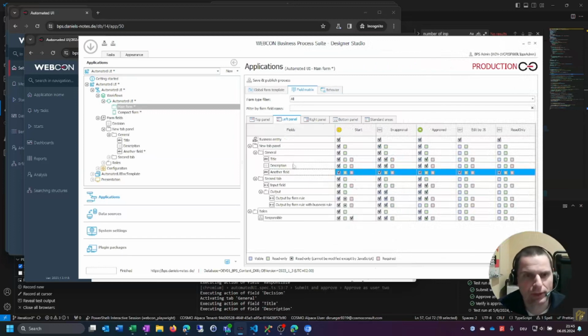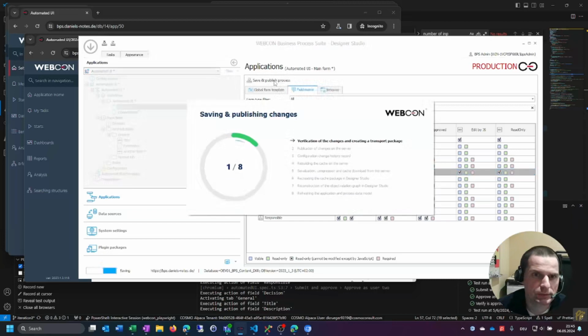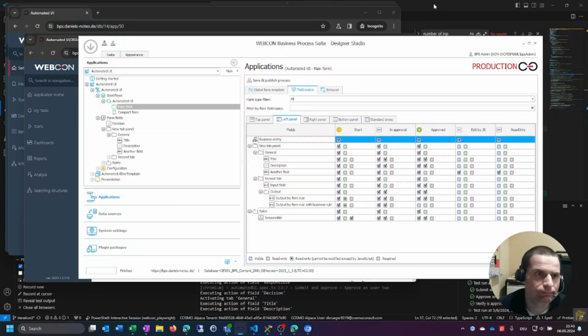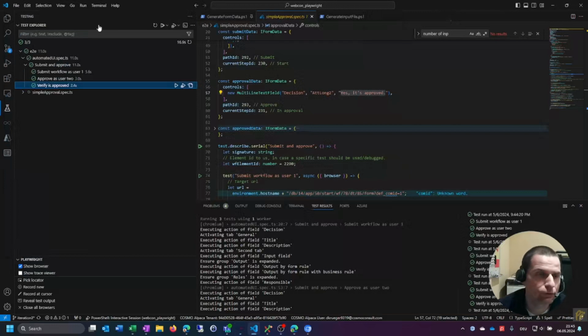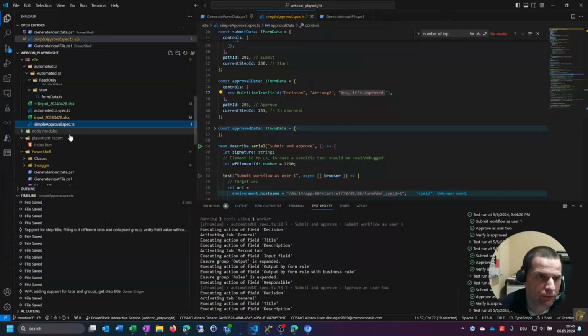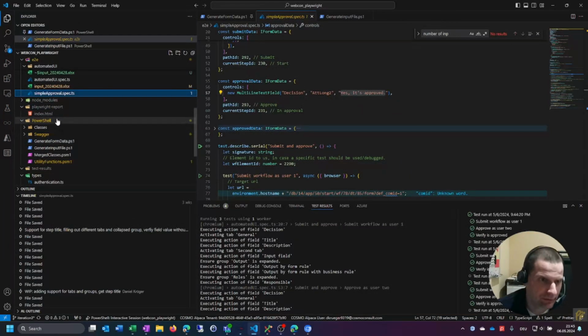So it's Playwright stuff for WEBCON BPS, and therefore I put some effort into some PowerShell scripts. Let's save the changes, and head over to Visual Studio Code, where I have created some PowerShell classes and files